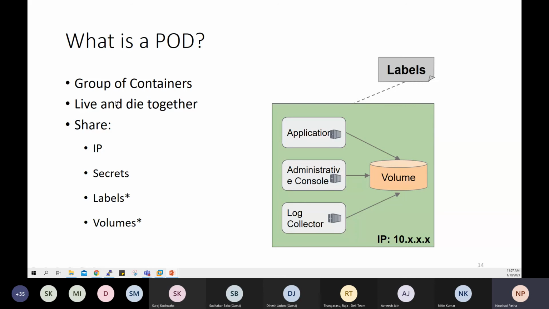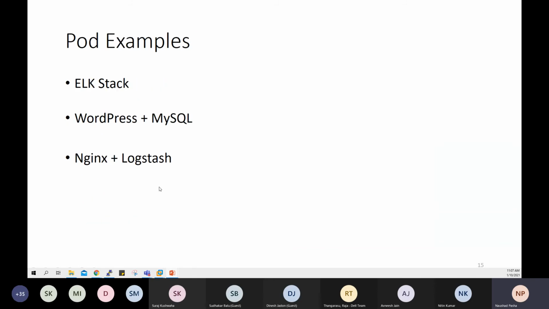So a pod is nothing but a group of containers. They live together and they die together. Pods share the IP address, secrets, labels, and volumes. Within a single node, you can have multiple pods, and each pod can have one or more containers.